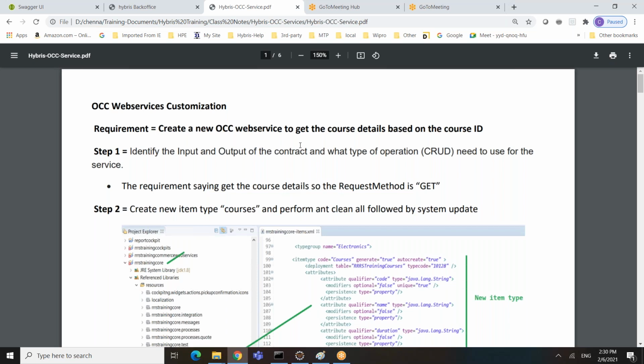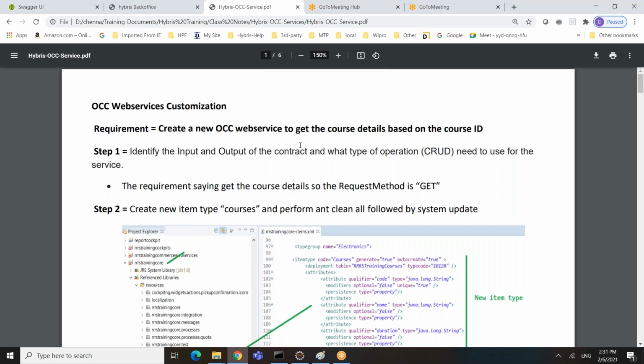This is the first thing you need to identify. Whenever someone asks, can you build a service so that we can consume it, the immediate question is, okay, we will build it, it's not a problem. What is the input criteria that you are going to pass to the service, and what are you expecting as part of that service? That's the first thing you need to ask them.